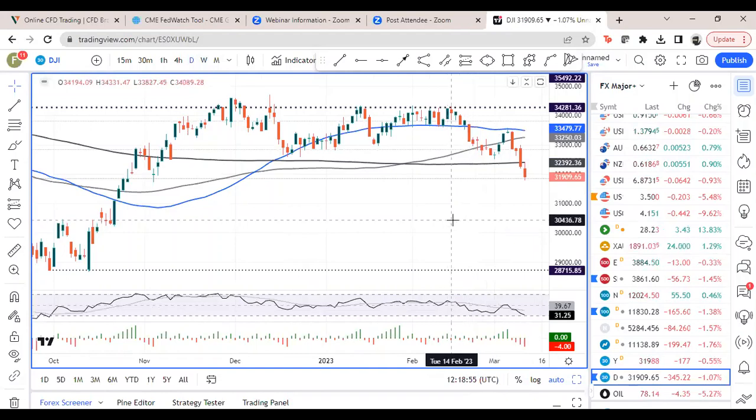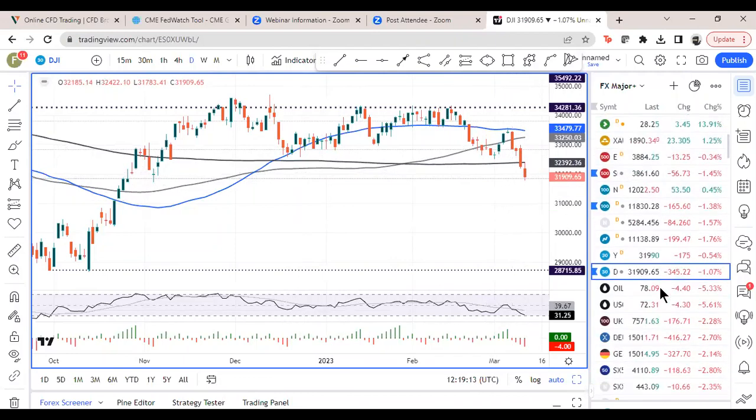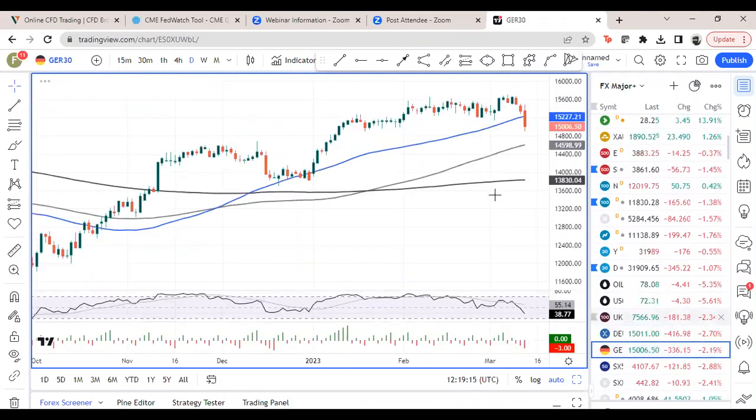Otherwise, on the daily, again, we're below the 200-day moving average at 32,392. Acted as sort of support really previously in December. Didn't quite get there, but now we've closed below that. So really interesting point for the Dow. If we just move to some of the European indexes,